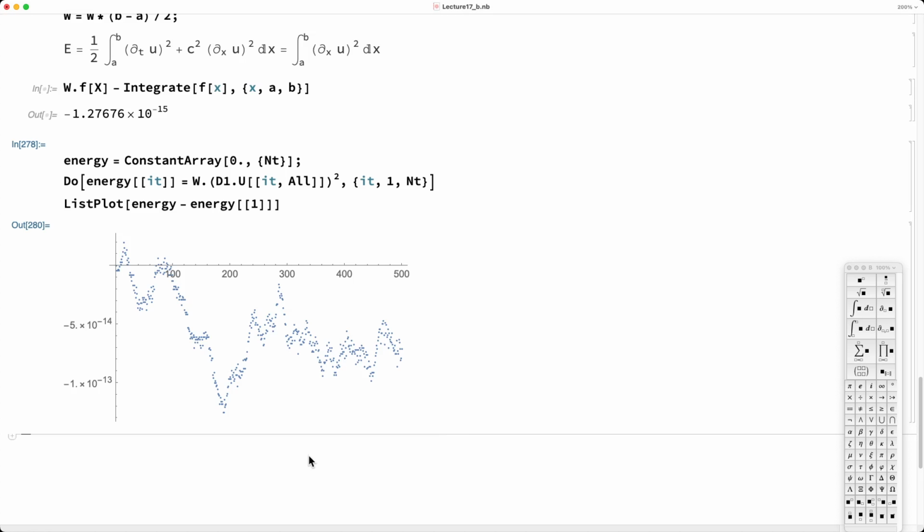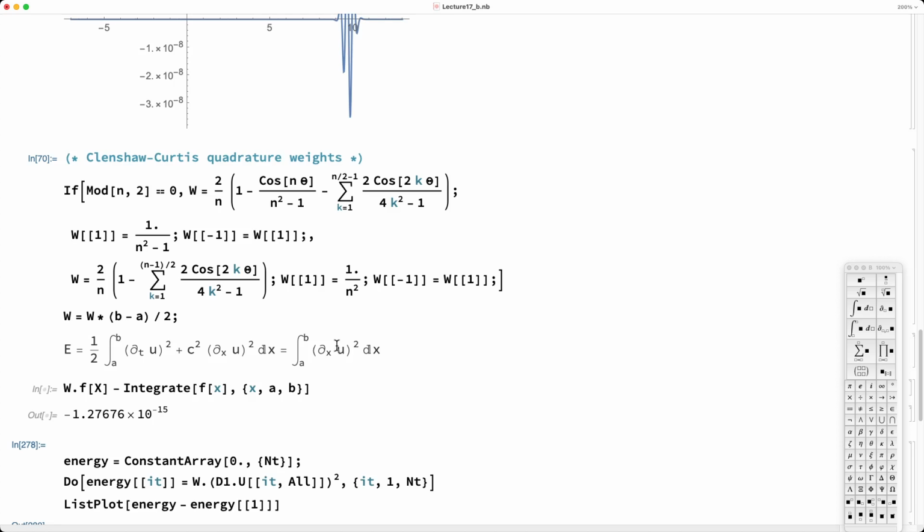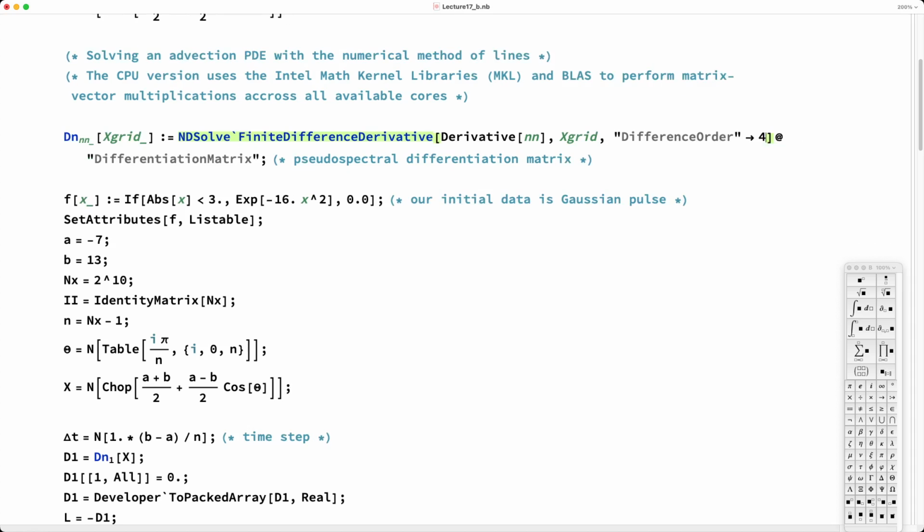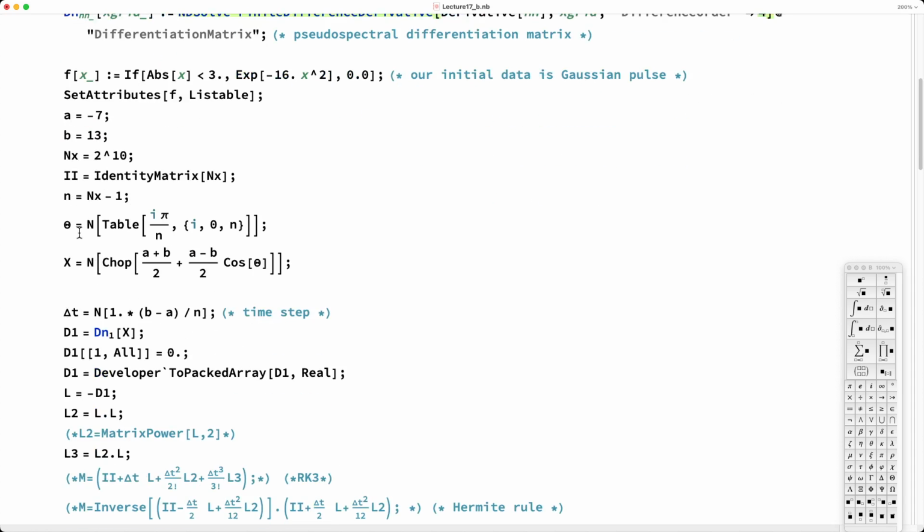As a final comment, I want to say that we use pseudospectral methods here. If you wanted to switch to a finite difference method, you can simply replace this pseudospectral here. You can simply replace it, let's say, with a fourth order finite difference method. All you have to do is put 4 here, and then we're doing finite differencing. But at the same time, you have to swap out these commands for something different. So you would have to use,